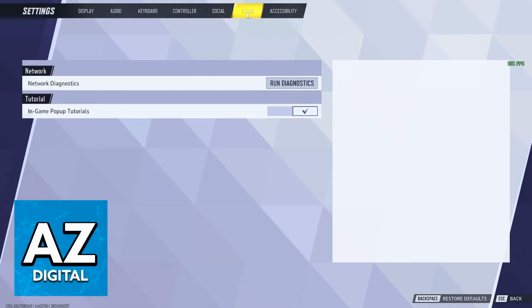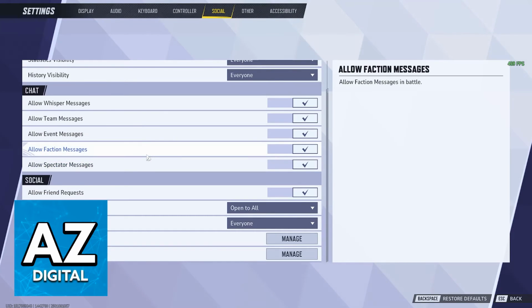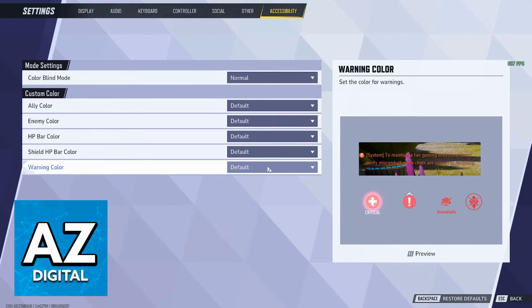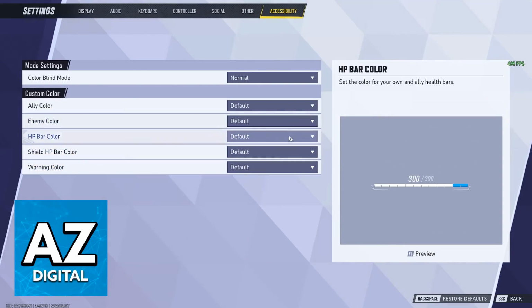And then on the social, other, and accessibility, you will have more options to make your experience better. Social usually refers to interacting with other players. You can play privately, or you can leave your communications open so you will interact with other people. Other won't have much. This is usually just tutorials and setting diagnostics to make sure that everything is running properly, and accessibility might help you if you have specific vision impairments or other problems.